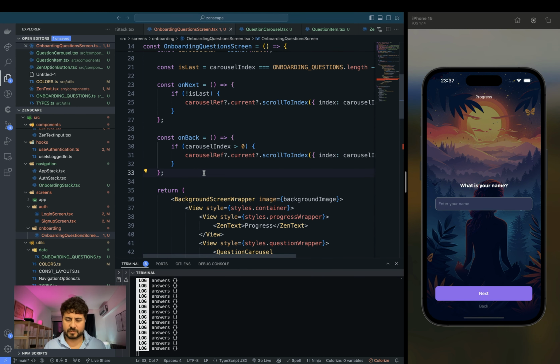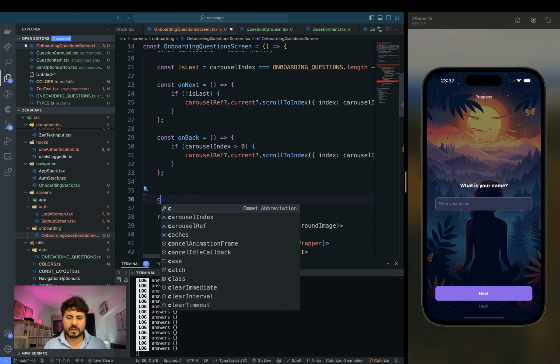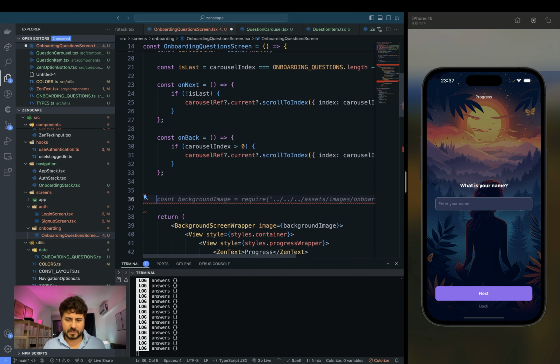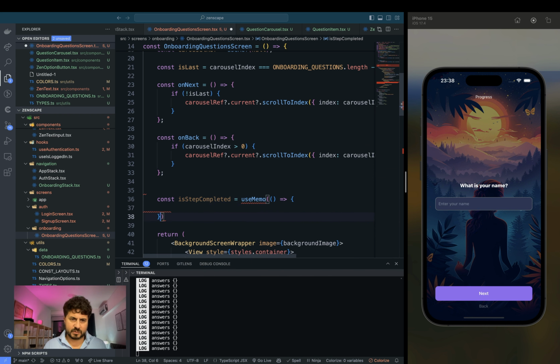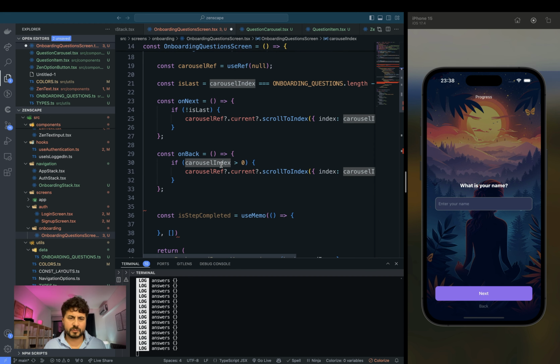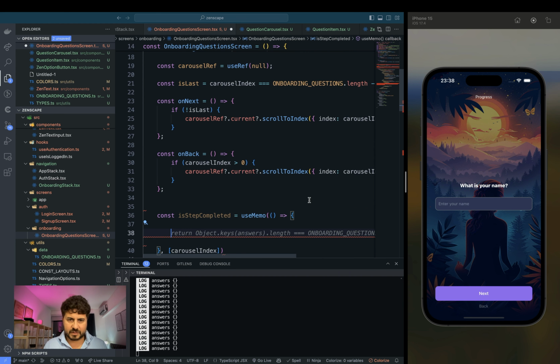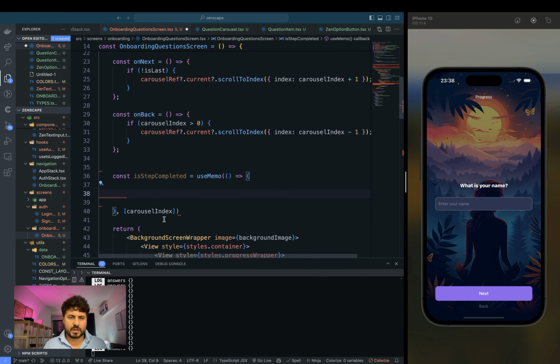what I'm going to do is create something called const isStepCompleted. I can have it as a useMemo as well. Let's use a useMemo. What do we need? We need to first know where they are, which question we are asking. So if the step is completed, what we want is to return